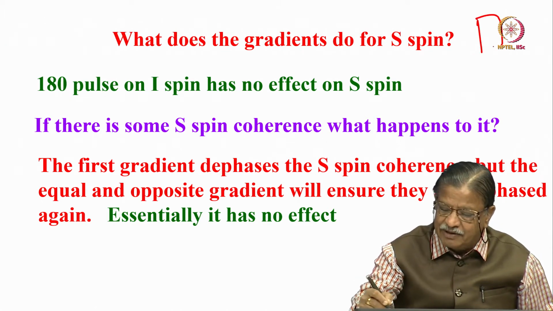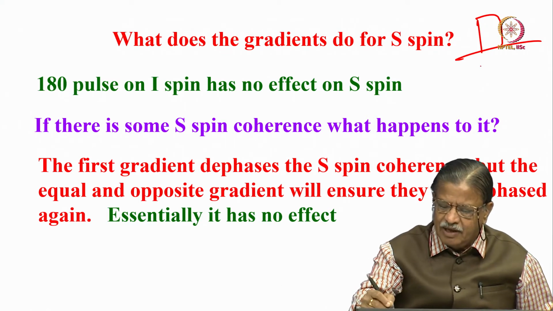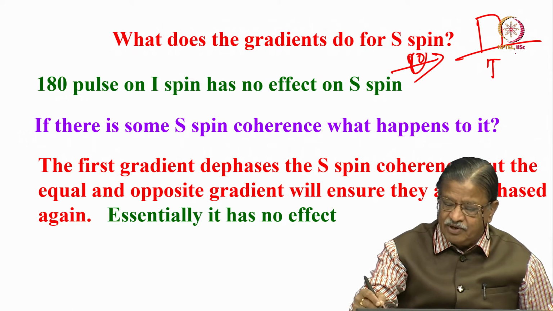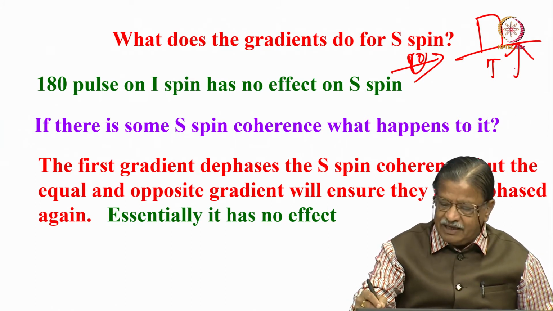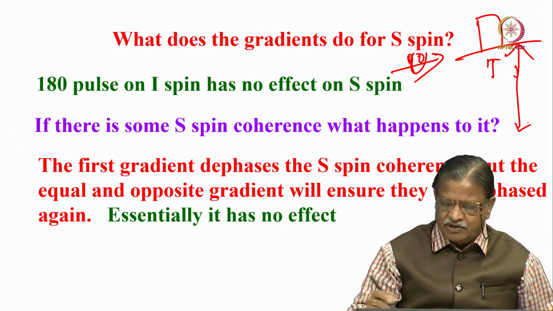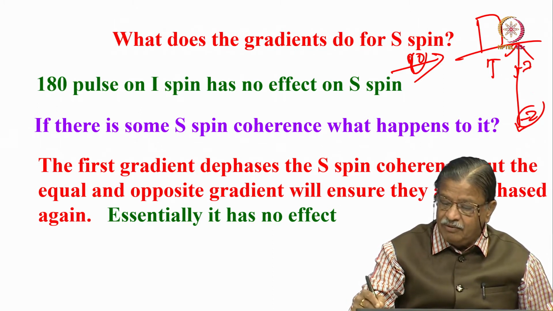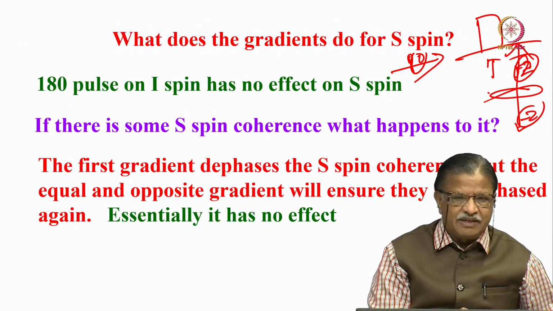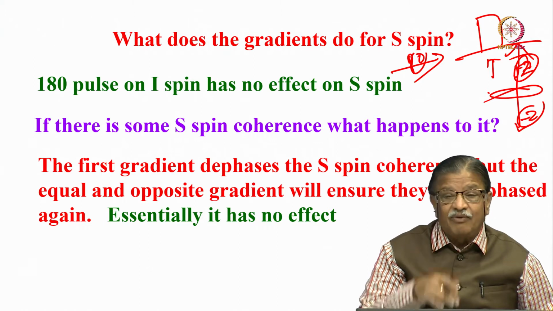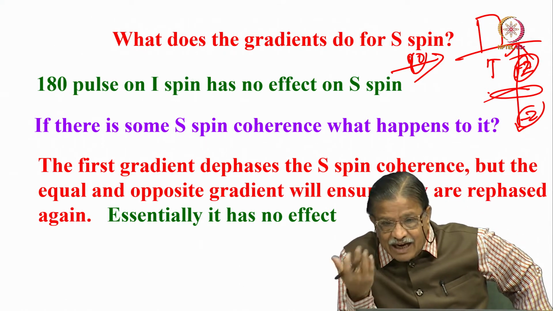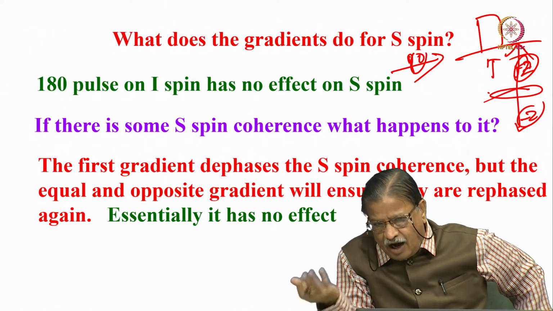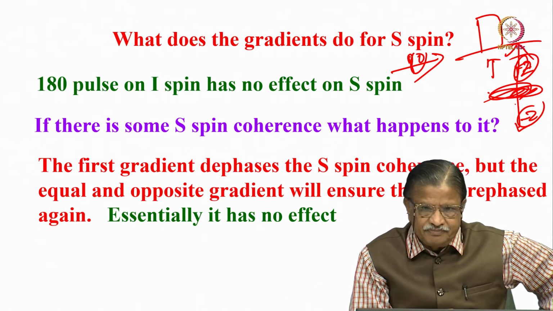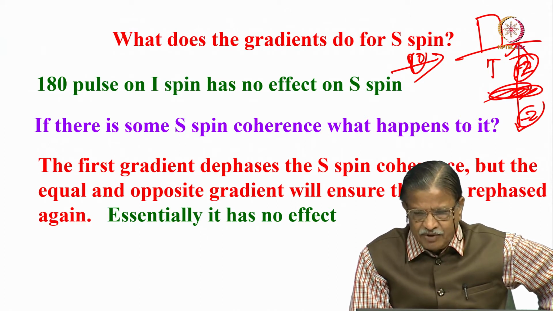You apply a 180 pulse on the proton channel, plus Z. Now our coherent order chosen is P0. The P0 is the Z magnetization. Z magnetization gets inverted with the 180 pulse, which will become minus Z. Now, if it is not exactly a 180 pulse, there will be some transverse component of magnetization created. But you are applying another gradient of equal strength after the 180 pulse, and then it is going to completely dephase it. That is what it does. Okay, we will remove that.